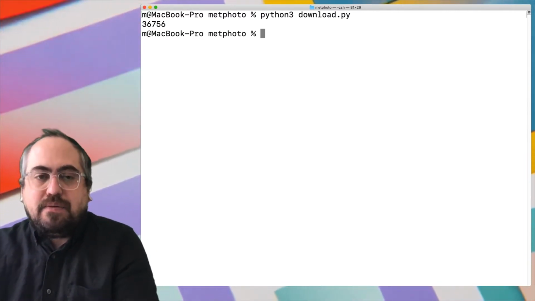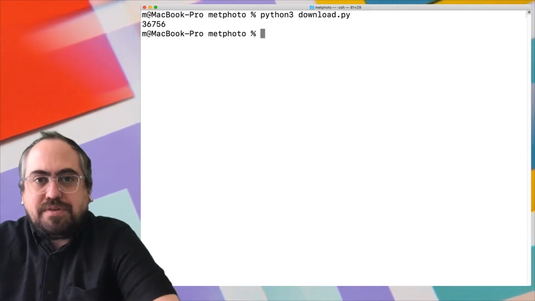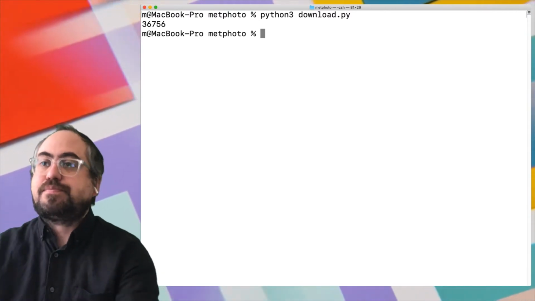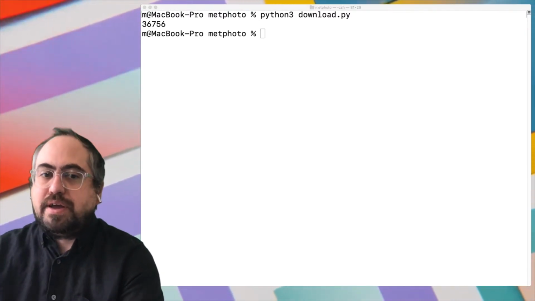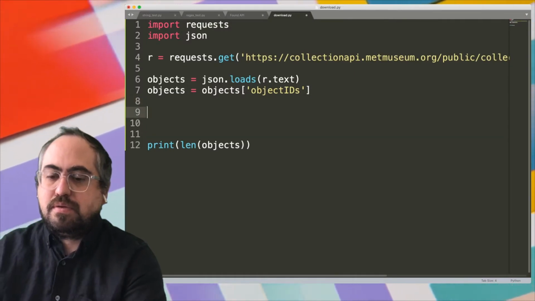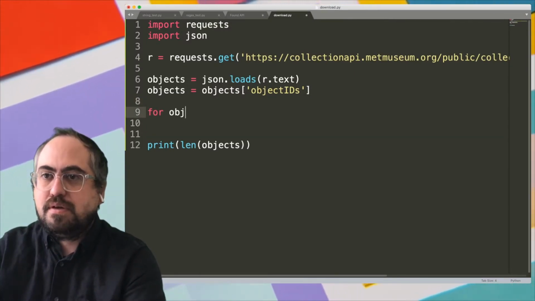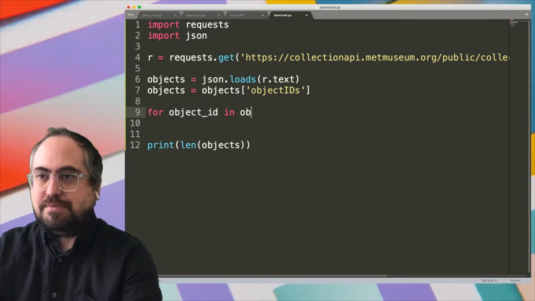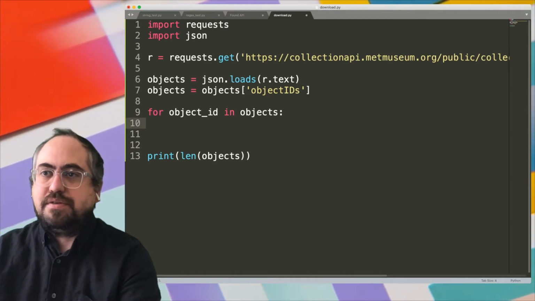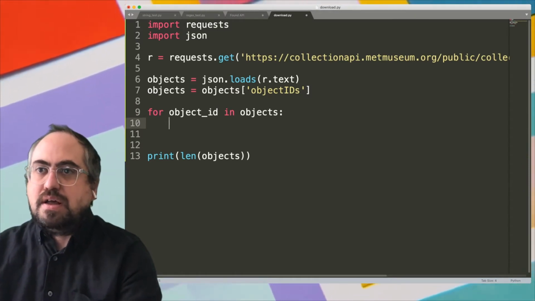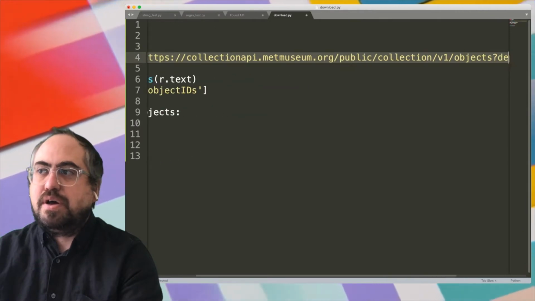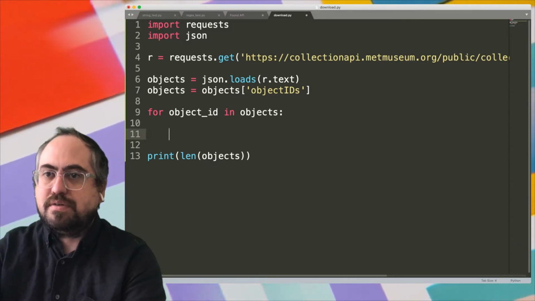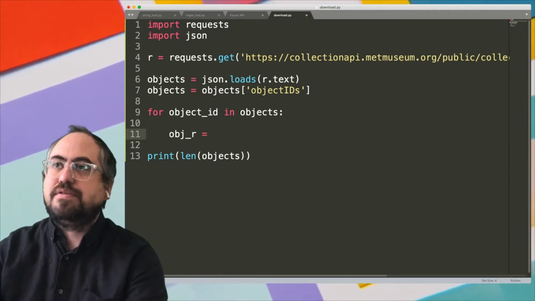All right, so now that we have this list of objects, we could iterate through them and download each one, right? So we're going to write a for loop, for object ID in objects. And so this is going to be one of those numbers each time. And so for each one of those numbers, we're going to do an object request get, right? So let's call this object_r equals